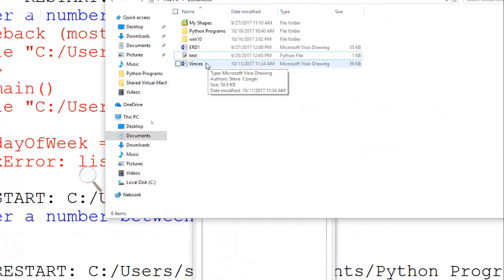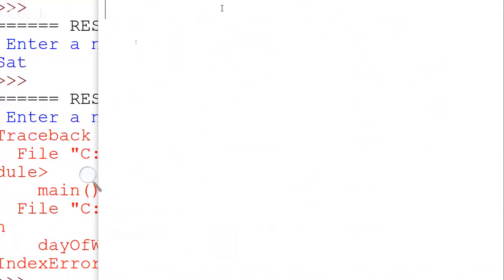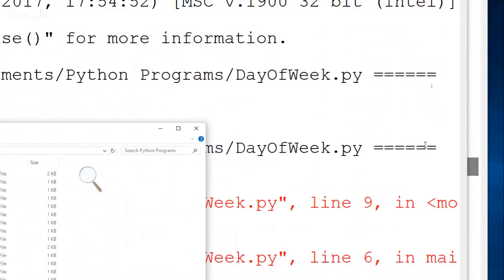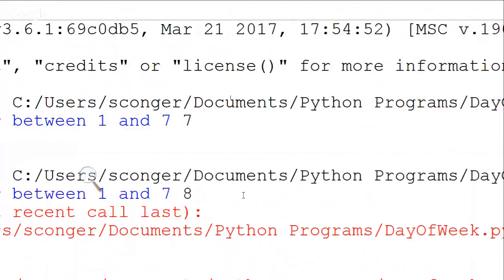Actually, that may not be test. Let's go to Python programs. There's test. But mine is empty. So why did I do that? What did I do wrong? I may not have opened it. What is in file doing right now? It's just the name of